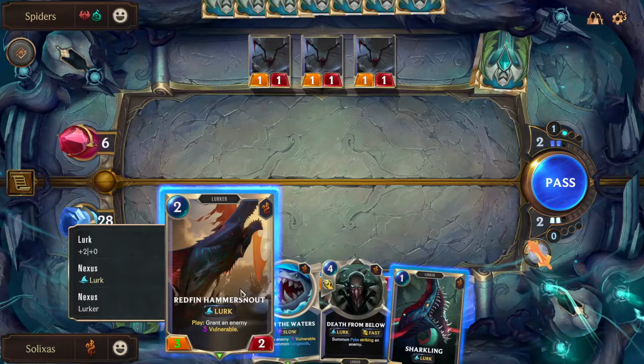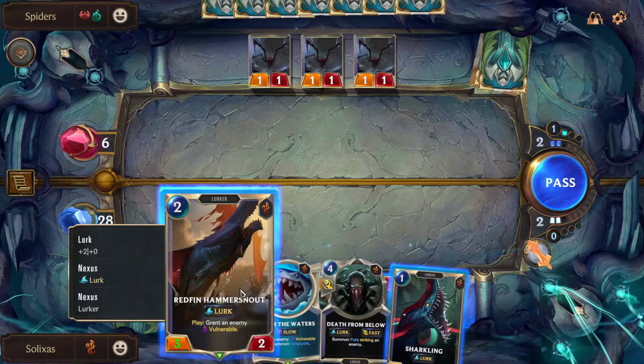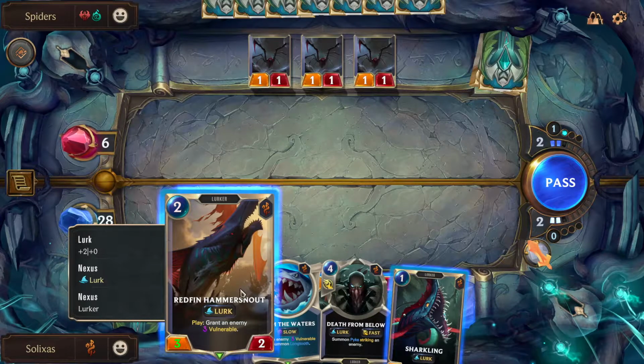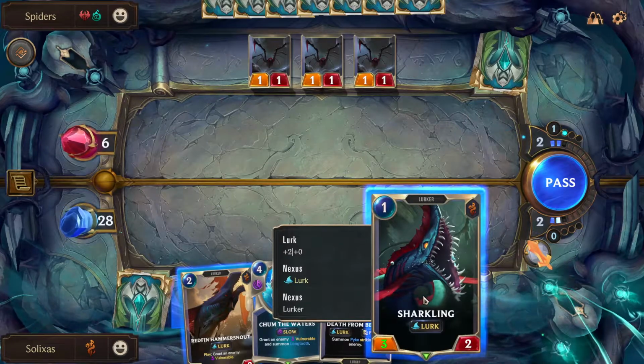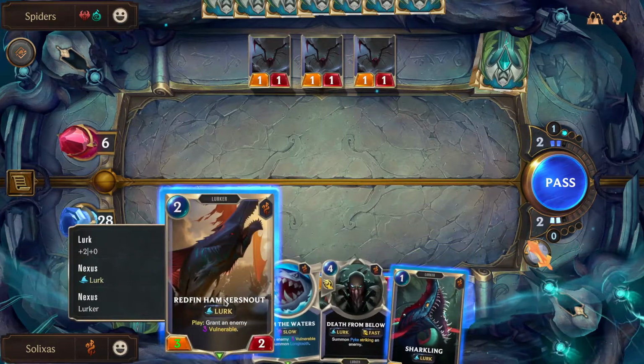I guess the problem with this deck, obviously, or at least with what we have, is there's no high-cost lurkers, right? So when you're getting into the end game, you literally have to have been lurking a whole bunch, and you need a consistent supply of these lurkers coming out, and they don't have very much health, so...